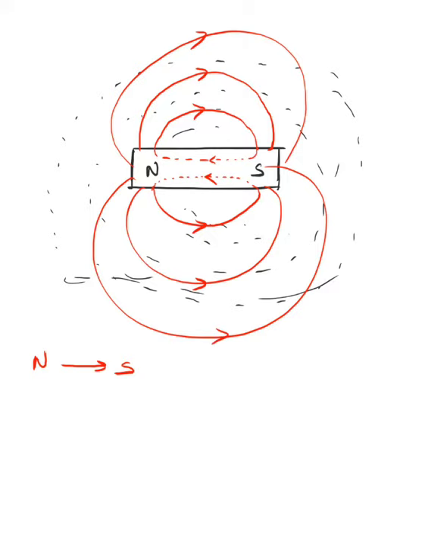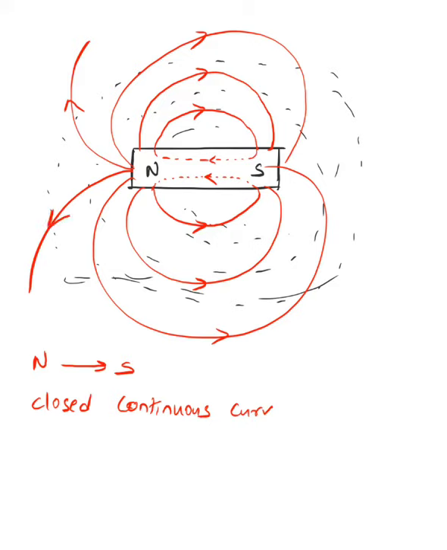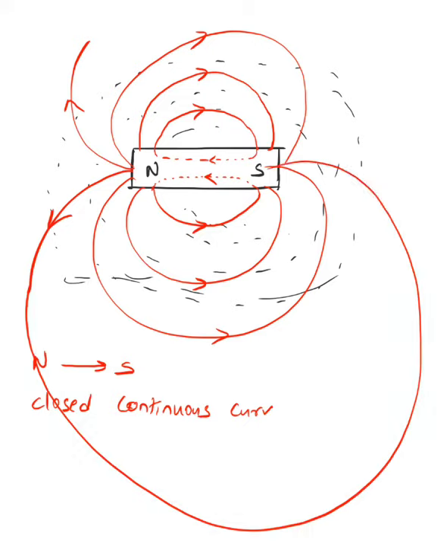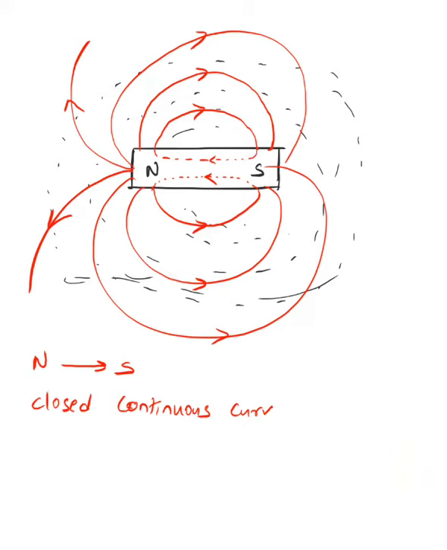So second thing, if you notice that these magnetic field lines, they are always closed, continuous curves. So you cannot have a magnetic field line which just started from here and did not complete. It is not possible. Though you may find sometime in your textbook that they draw it like this. You know what they mean by this? It means that this magnetic field line is actually going from here to here, but due to lack of space, they did not draw it.